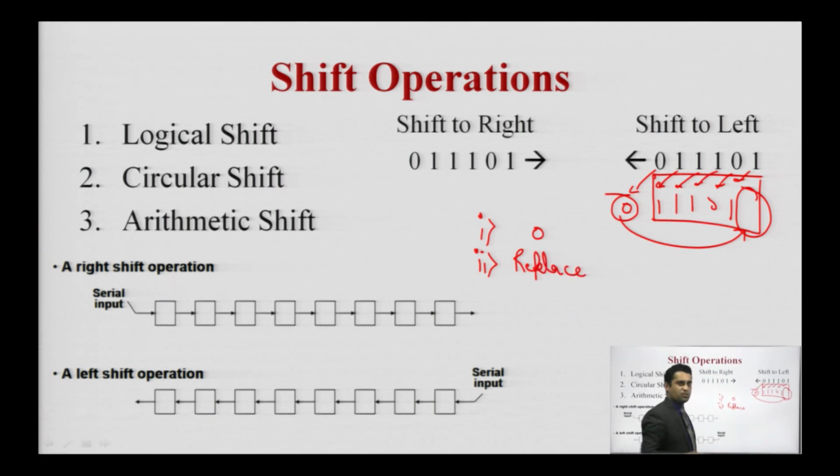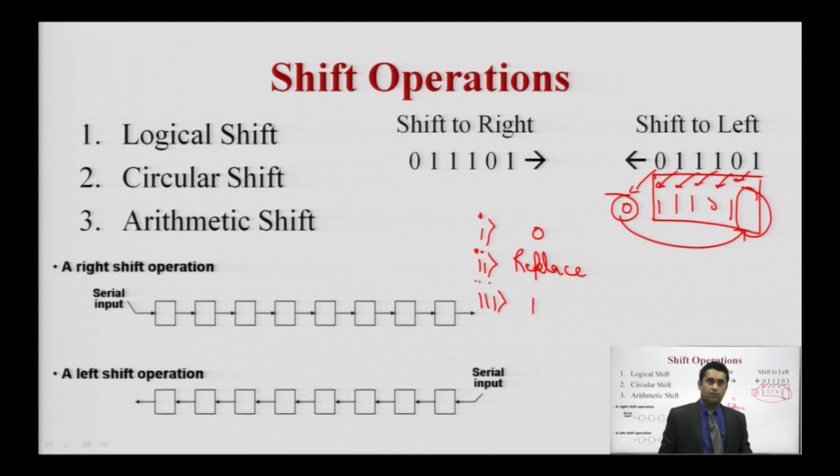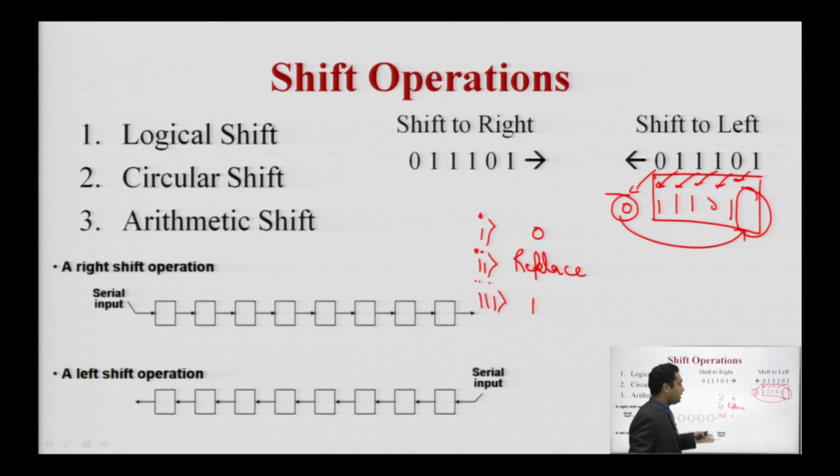We are doing a replacement, which is the out of the bound value, and the third one is as we use 0, we are using 1. When we are talking about this blank space, we do not have any other option after this: either we are using this blank space as 0 or 1, or we are replacing it with the out of the bound value. So, what we are doing here? This is represented in the logical, circular and the arithmetic shifts.